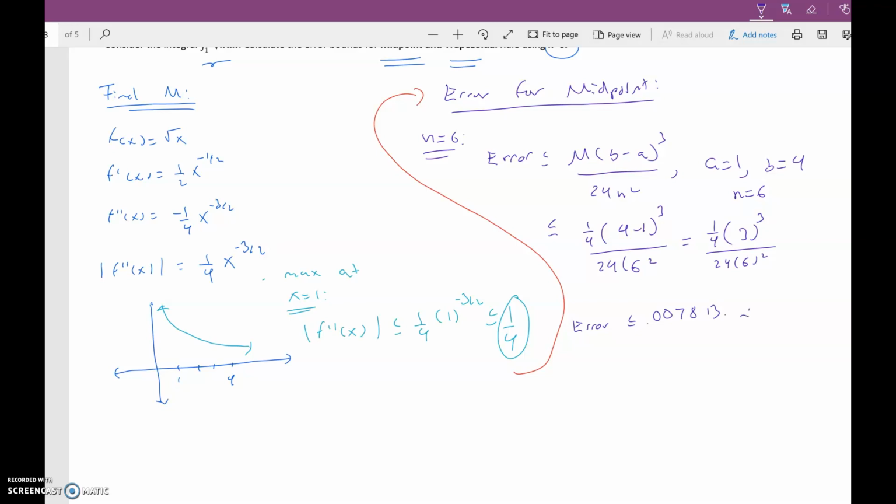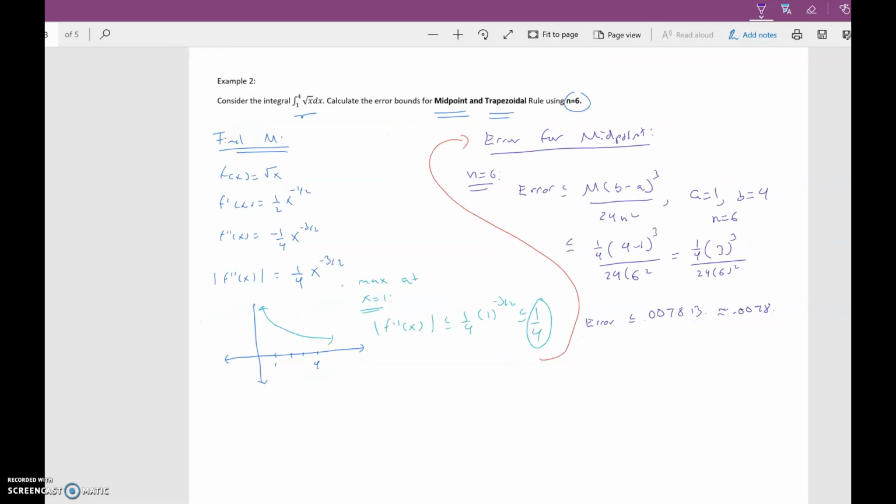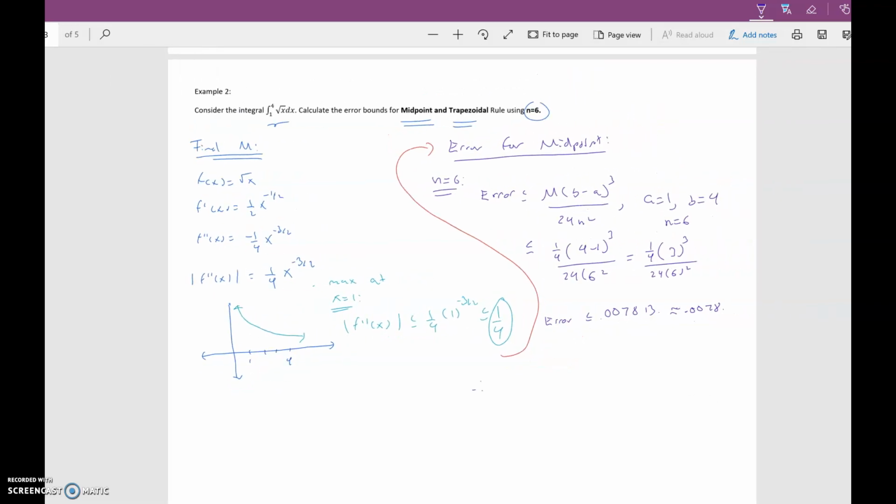You can say that this is 0.0078. So the bound for midpoint, let me just write it as error for midpoint